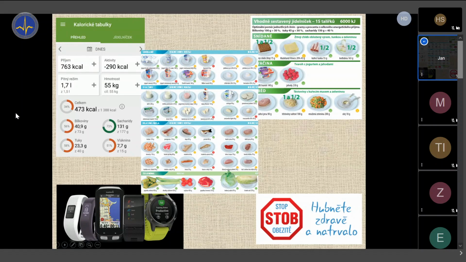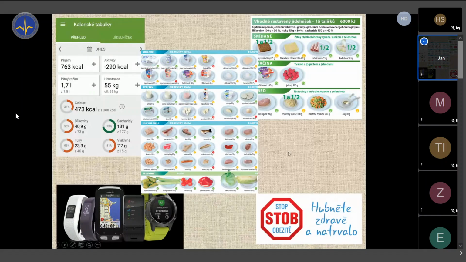So very easy for a patient. Patient doesn't need to count, on a paper, this many and that many calories. He looks at the picture. This is my one plate. I can eat 15 of these per day, and then make your choices, right? Some of the plates are labeled green. Those are preferred. Some of them are labeled red, not forbidden, but not so good from the composition part, right? Red is, for example, this tavený syr, this cheese, which is eaten, I guess, only in Czech Republic, which is very rich in fat and salt and so on.